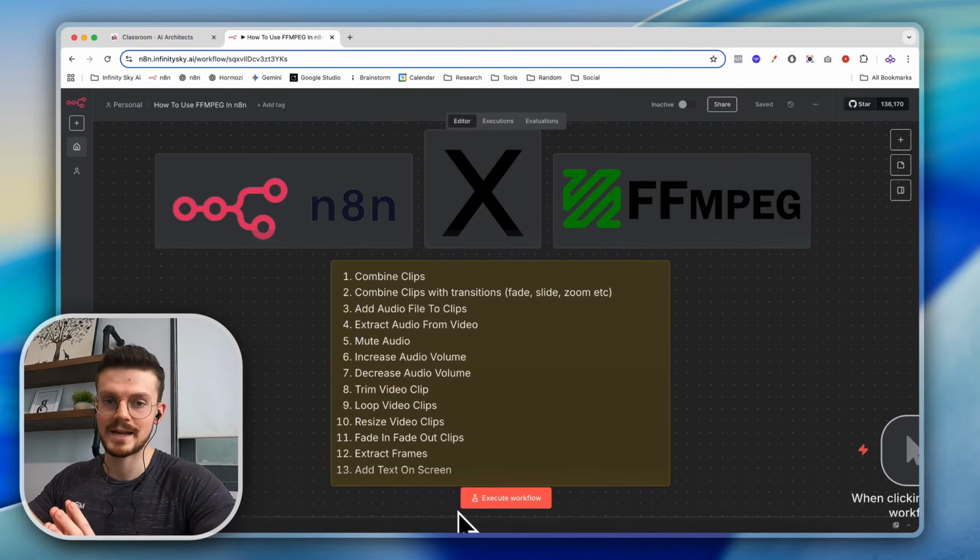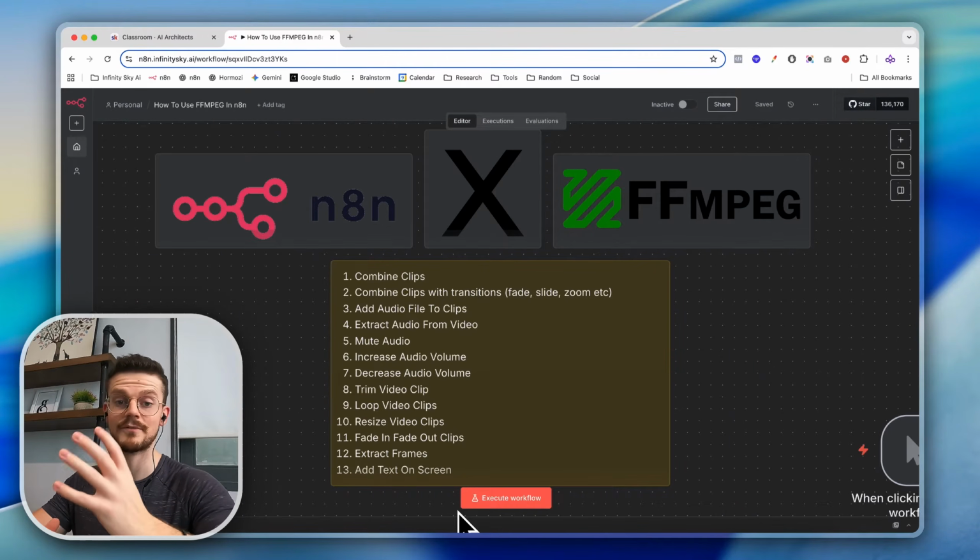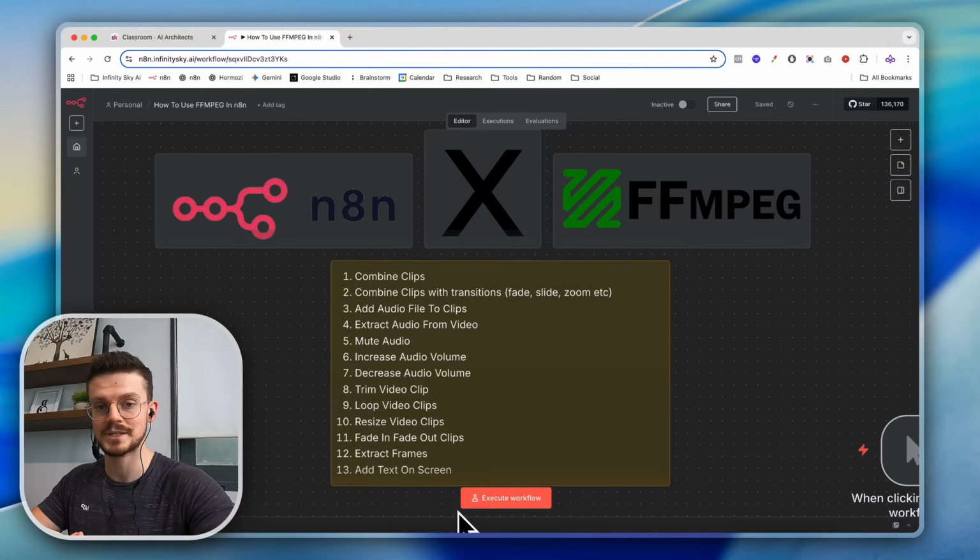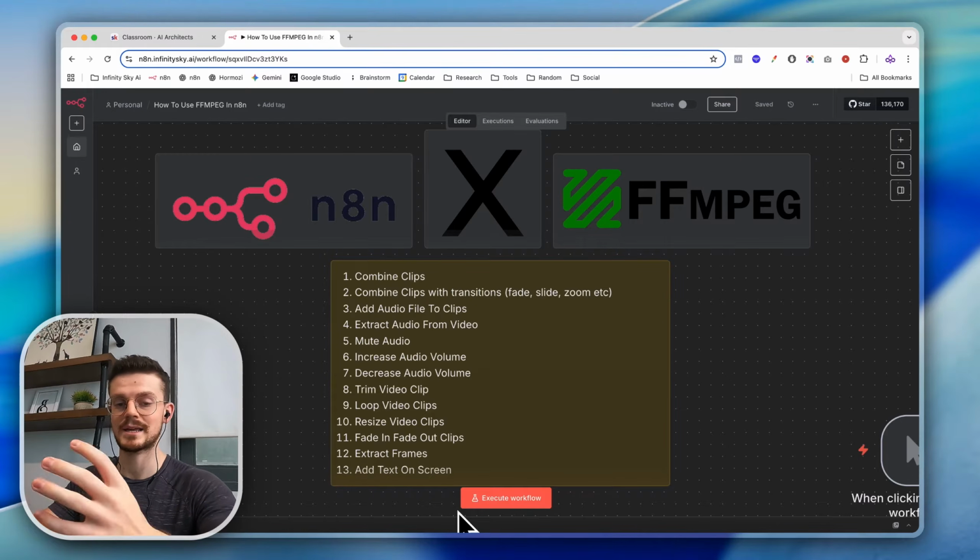Combining FFmpeg and n8n allows you to take the power of a video editing software and turn it into a system to automatically edit and create videos for you. In this video, I'm going to teach you exactly how to use all the main functions that FFmpeg has to offer, which will allow you to do crazy things like take a long-form video, automatically create clips from that content,